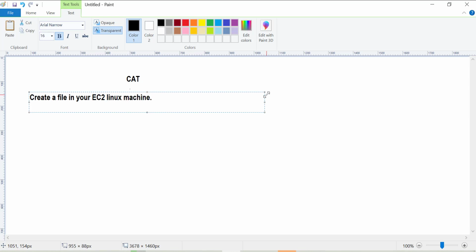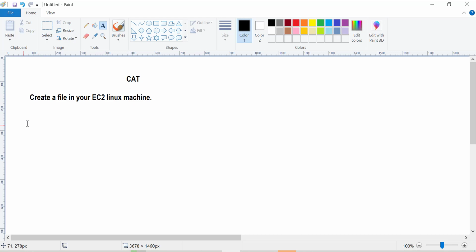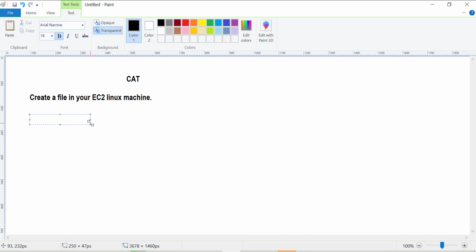So with the help of the cat command, you can create a file. Let's start with the first command, where we can create a file with cat.